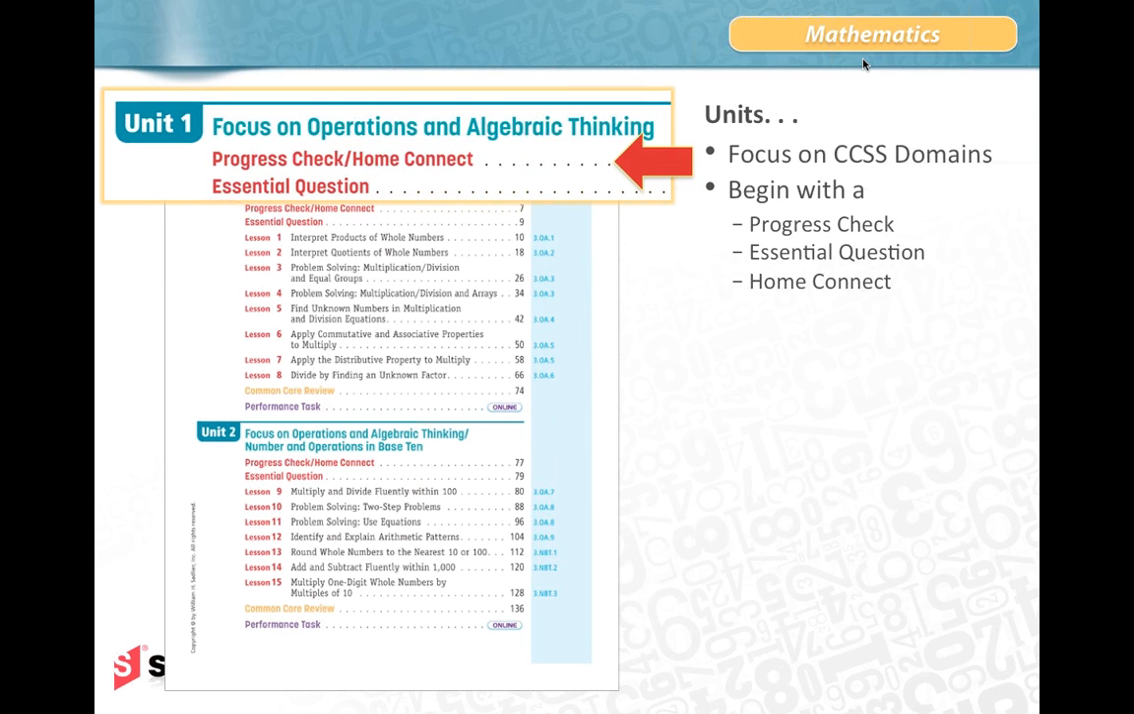But as I mentioned, every unit is focused on one of the domains. So there's 4 to 5 domains at each grade level. And each unit begins with a progress check, home connect. I'm going to show you this in a little bit, but the progress check is a self-assessment for students to show what type of skills students are coming into the class with for that particular unit. And every unit begins with an